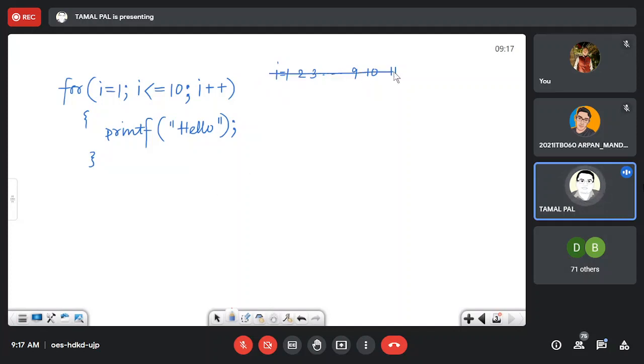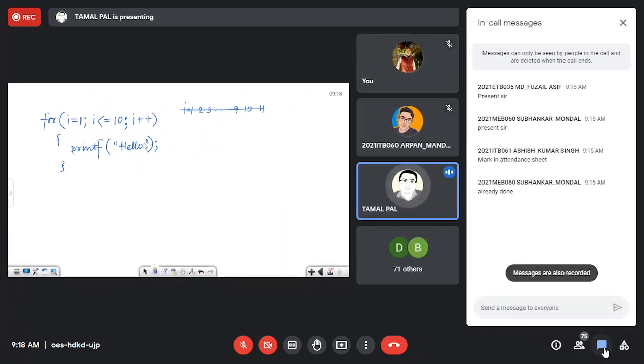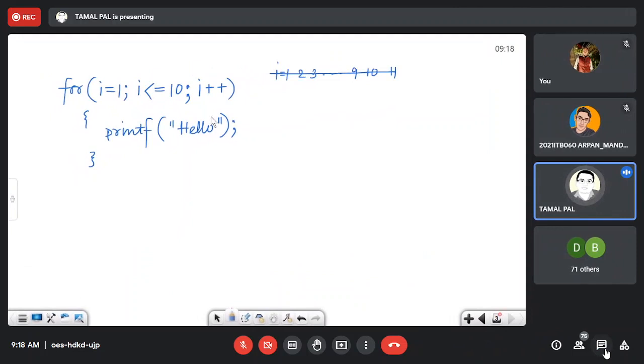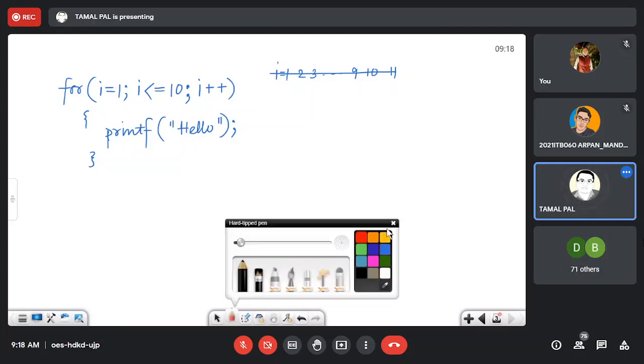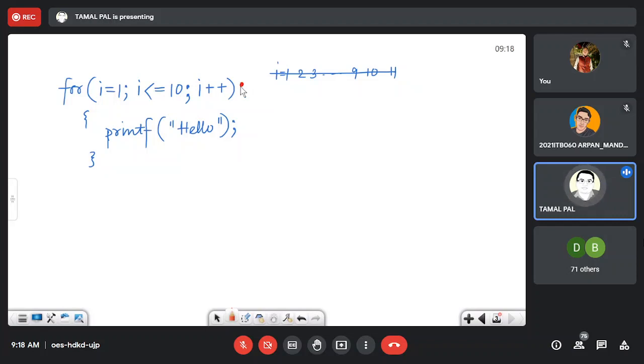Okay, this is the basic scenario. So it will execute the instructions within the body of the loop 10 times. Whatever you write, your name, it will print your name 10 times. If it writes IIST, it will print IIST 10 times, whatever. Now, the question is, if I write hello, then hello should be printed 10 times. There is no such problem in it. But the problem comes when I put a semicolon after here.